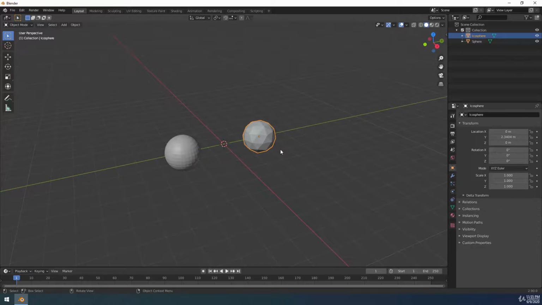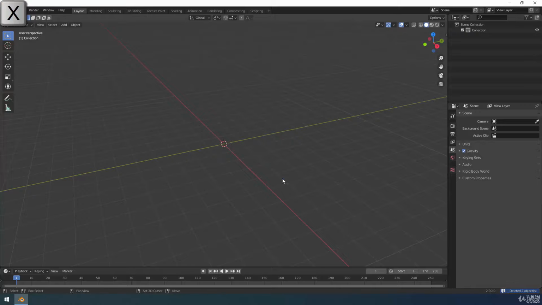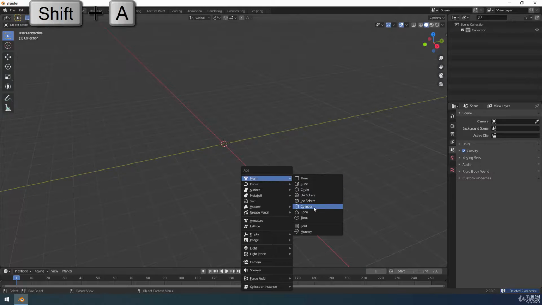So they have different applications. They have different usages. We're going to go over these minor details throughout the course. You'll see me using one versus the other here and there. But for now, I just wanted to point out that there is two different types of spheres. One of them, mostly quads. This one, entirely made out of triangles. Let's go ahead and select both of those and delete them and move on to the next object,